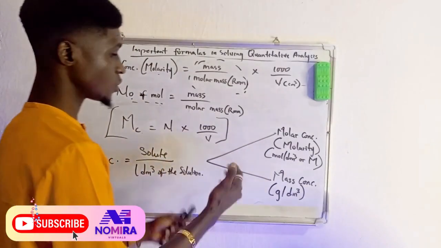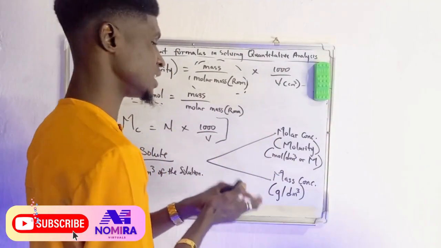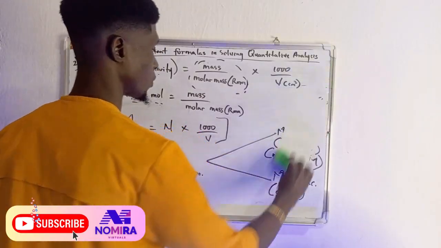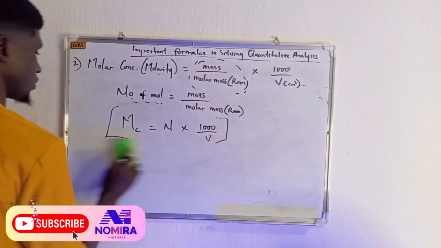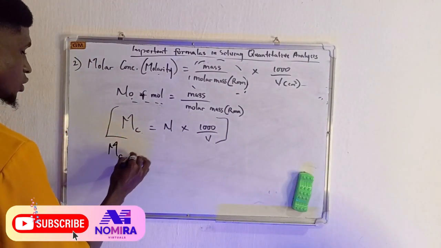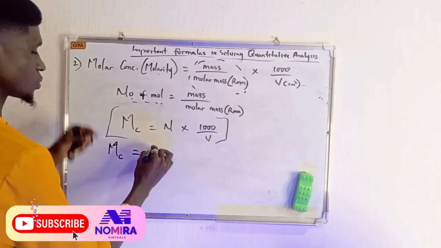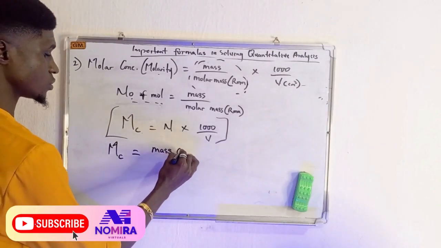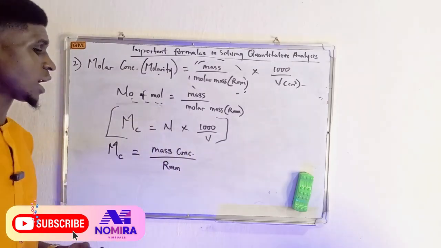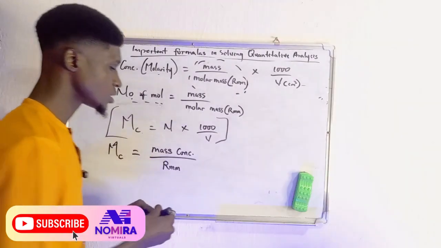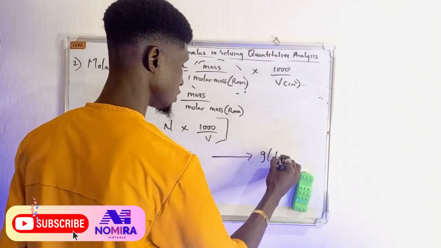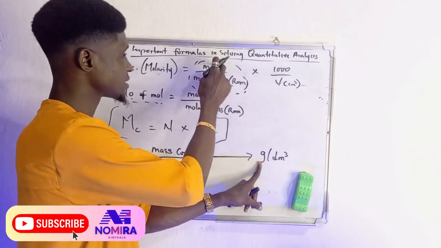Okay, let us see if there is a way to bring the two of them together in one single formula. What could that be? That would be molar concentration equal to mass concentration over molar mass. How did we come about this formula? Mass concentration is in gram per dm cube. It means that it is the mass